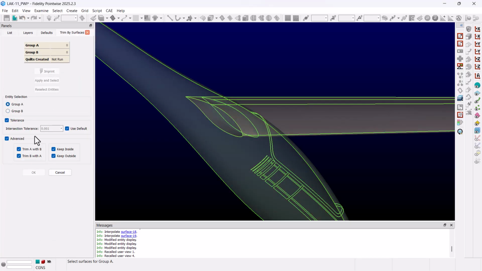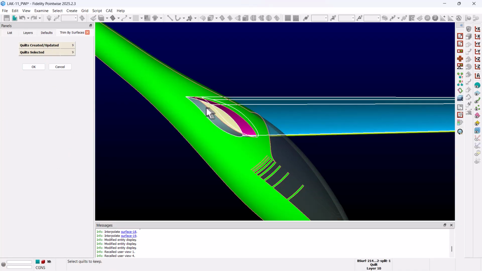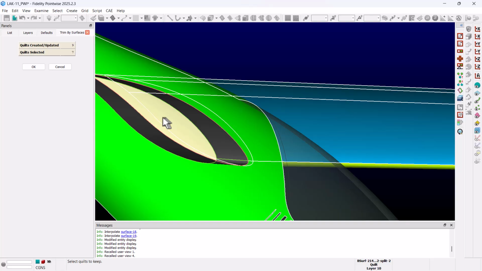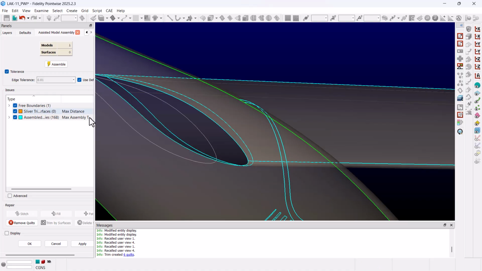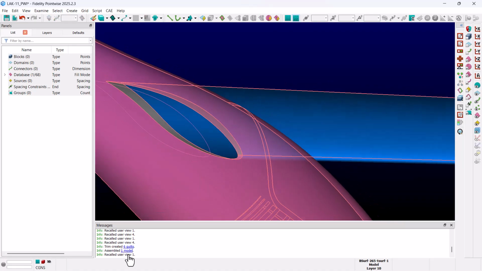I'm going to click here for group A. I'm going to select the quilt representing the fuselage, and for group B, I'm just going to select the wing, imprint, apply and select. I'm going to hold Control key and deselect the surfaces that I want to remove. Here it would be this one, then this one, and there's another one. It's this one. Okay. And if I hit OK, you'll see that I have a single model that is watertight,